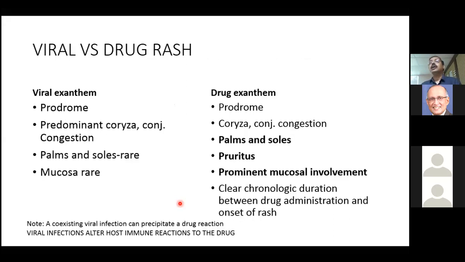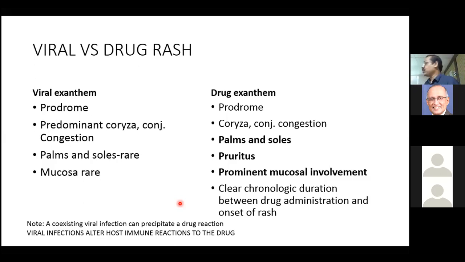This is one thing which is very often asked. How do I differentiate whether it is a viral rash or a drug rash? Frankly speaking, even I do not know. When I'm given a viral versus a drug rash, I too am confused, because a lot of overlapping features are there. But I look for certain pointers. So I'll show you the pointers, which both of them can present with a prodrome. You consider yourself, you are encountering a viral exanthem versus a Stevens-Johnson syndrome.